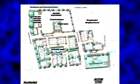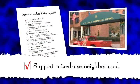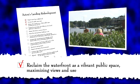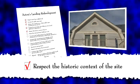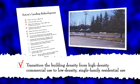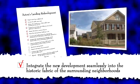The primary goals were to redevelop an infill site in such a way that it would support mixed-use neighborhood, increase the public open space, reclaim the waterfront as a vibrant public space, maximizing views and use, engage the community, and collaborate with a broad spectrum of organizations, respect the historic context of the site, reuse existing historic buildings on site, transition the building density from high-density commercial use to low-density single-family residential use, integrate the new development seamlessly into the